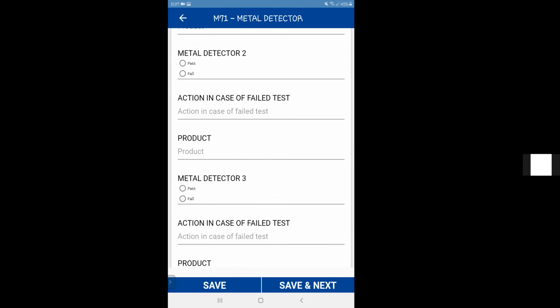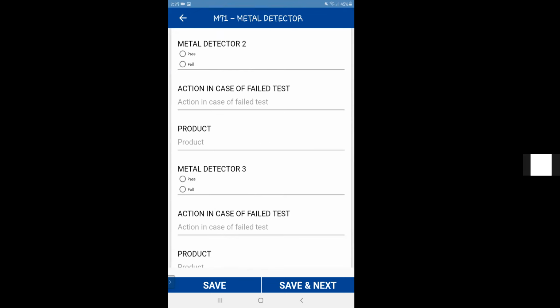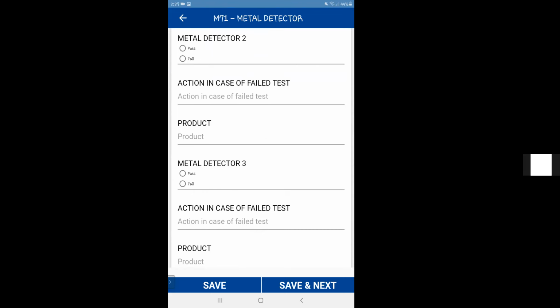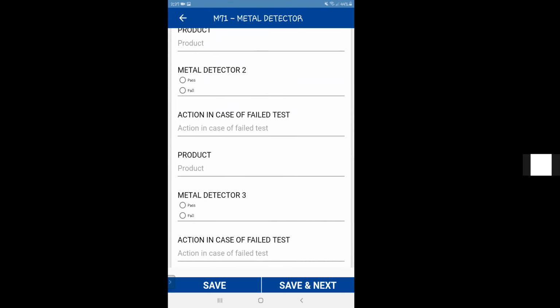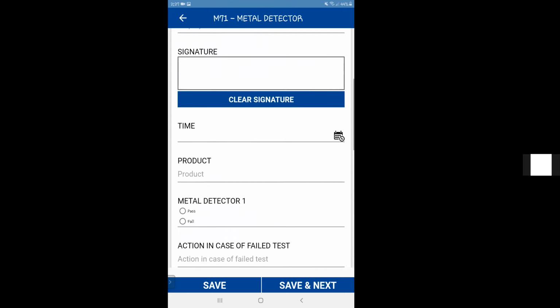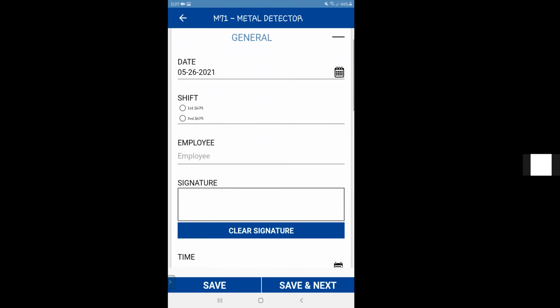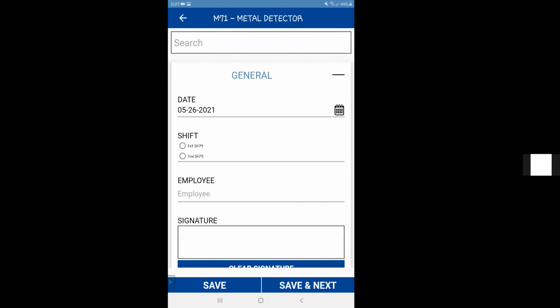So in here, when you click on save, the entries of this form will go to the tab that is called Open Audits. But when you click on save and next, what's going to happen is that it's going to give you the same page like this one, but with the entries from your previous audit entry. All right, so once that has been saved,